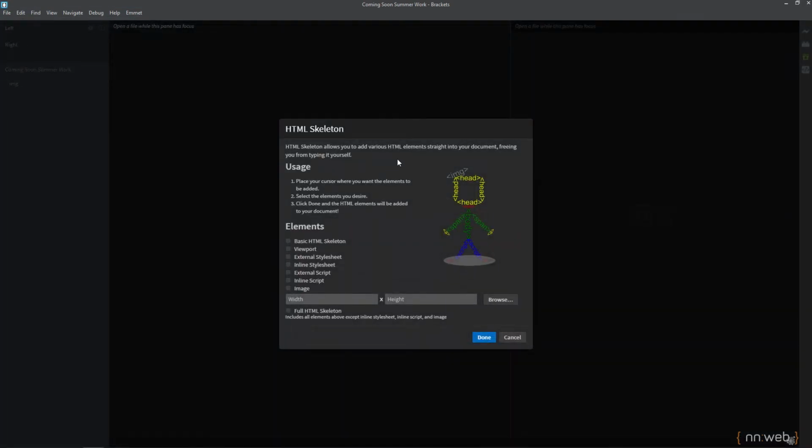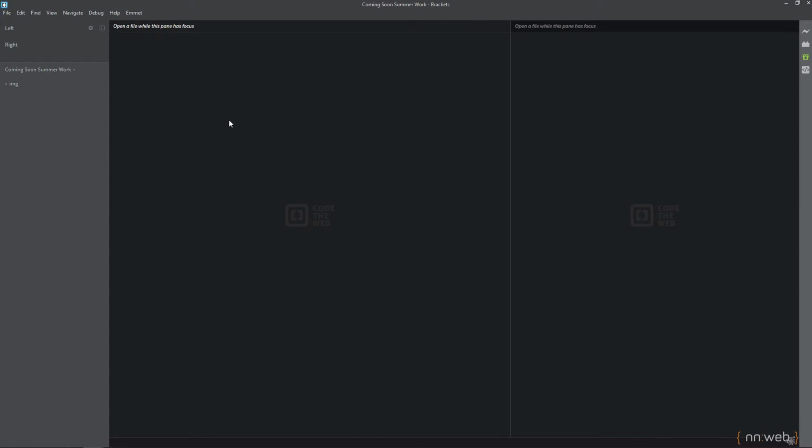Also, in the near future, I will film one video about extensions that every coder must have for this editor. So I already created a folder with coming soon summer work,